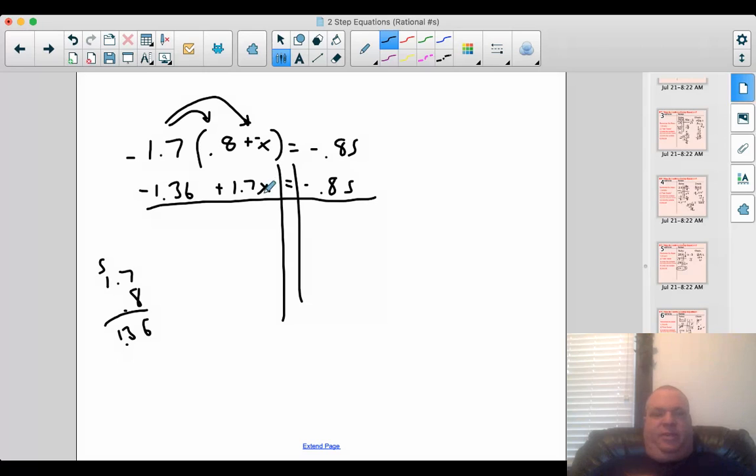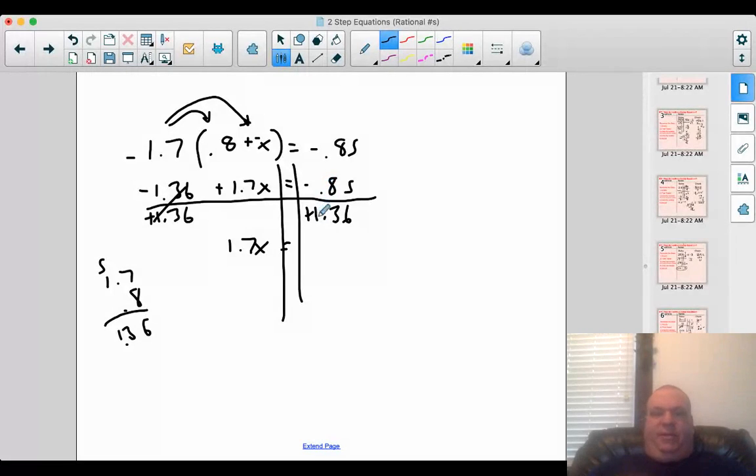Well, again, if I knew what x was, I'd multiply it first, then add this negative number. So I got to get rid of this first. So I'm basically subtracting negative 1.36, which would be the same as adding. So if you have a negative number being added, remember, you can just add to get rid of that. The negative 1.36 and the positive 1.36 are going to cancel out and go away. So I have 1.7x equals,